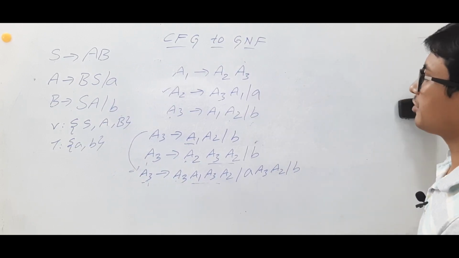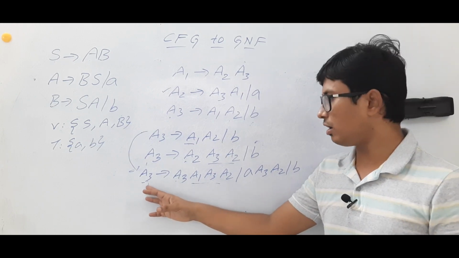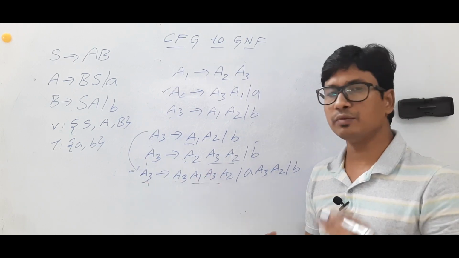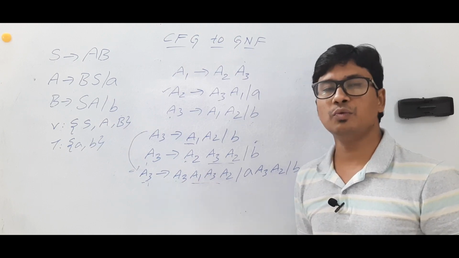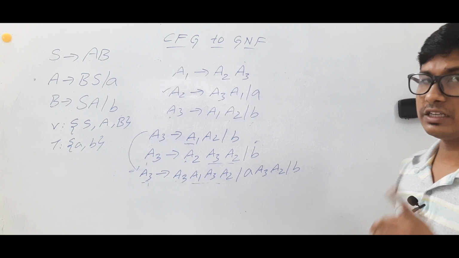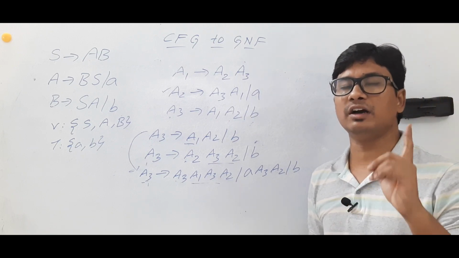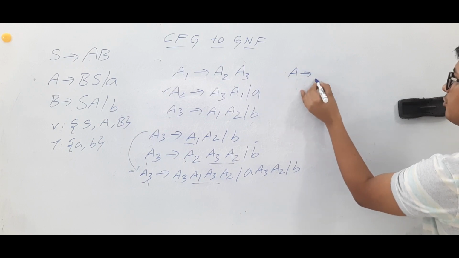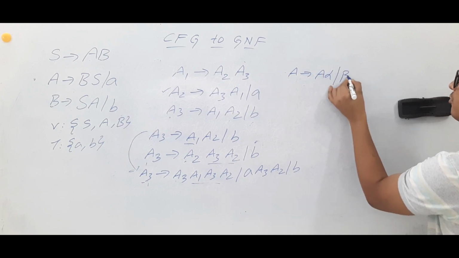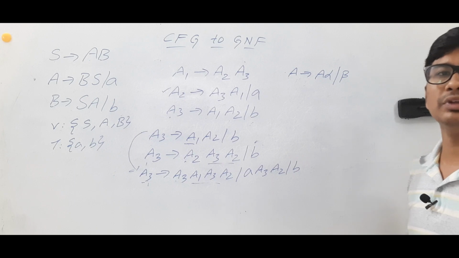Okay, you can verify it also. So this kind of production, we say, is a left recursive grammar because it keeps on repeating. So what is the next step? We have to eliminate the left recursion. What is the meaning of a left recursive grammar? If you have A determines A alpha or beta, we need to remove the left recursion.